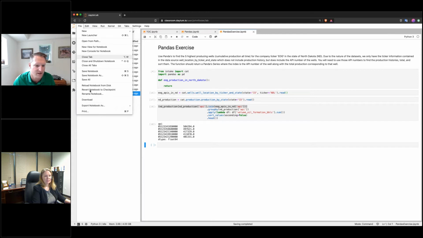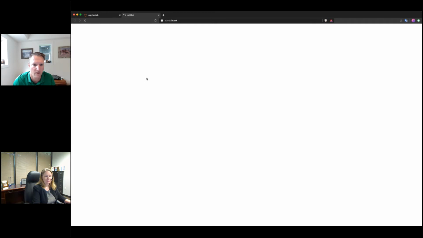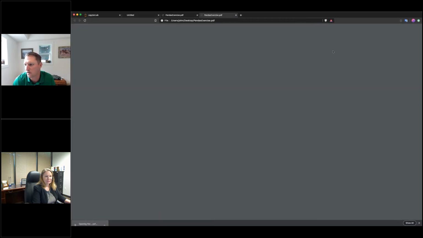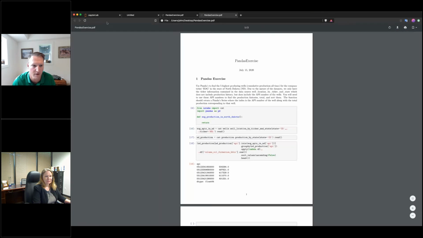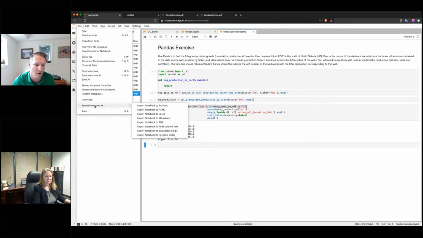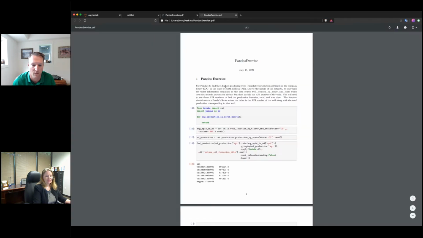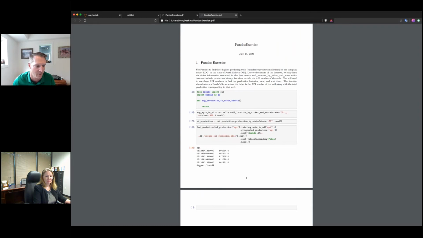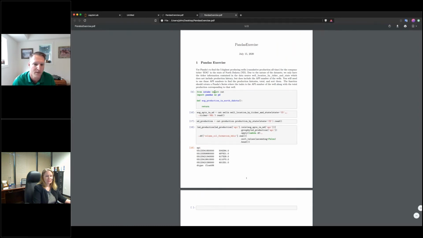I'm not sure, are we still sharing my screen? Yes. And so all I did was go to the file menu in my Jupyter session here and say File, Export Notebook as PDF, and what that produces is this nicely formatted PDF that you could share with your colleagues as well.